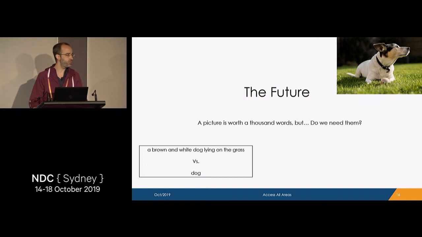I mean, what would you rather see here? Is it the caption or the tag? Anyone? The caption, maybe? The tag? But then you'd have grass. True, the quick brown fox jumped over a brown and white dog lying on the grass.